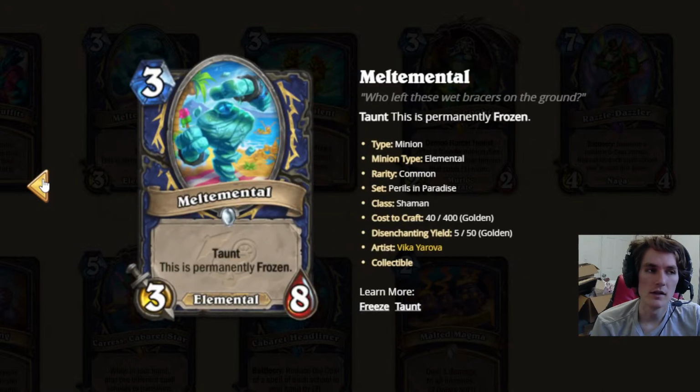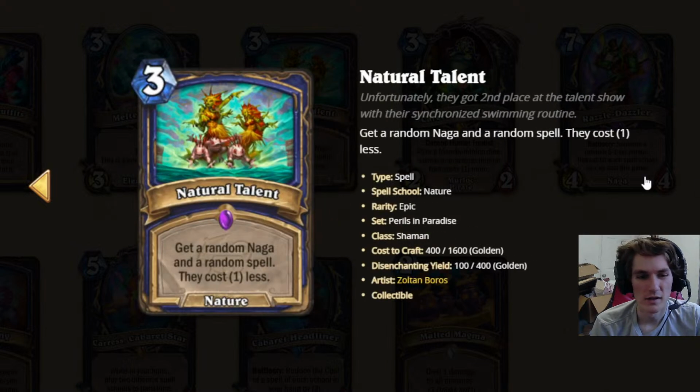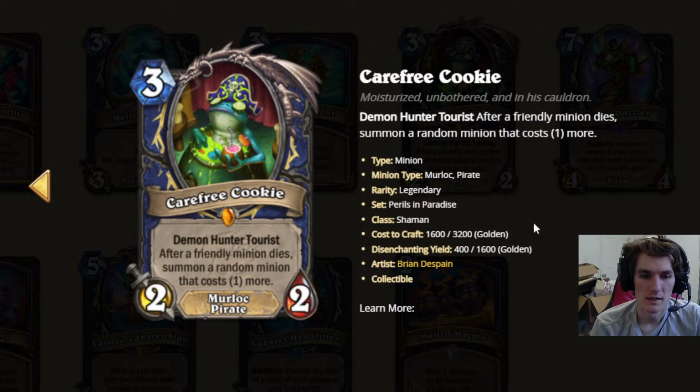Oh, I could see you putting this in Death Knight with the Death Knight tourism. That's pretty cool, actually. I don't know if there's room for it, though. I'm going to stick with 1 star. Get a random Naga, and a 1 star. I saw this earlier. It's a joke. Demon